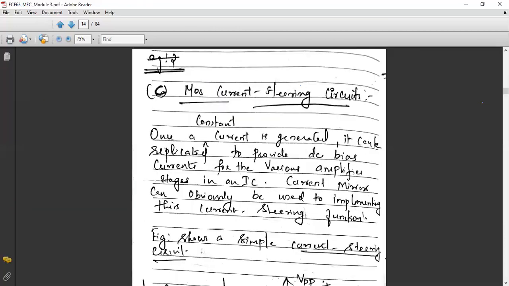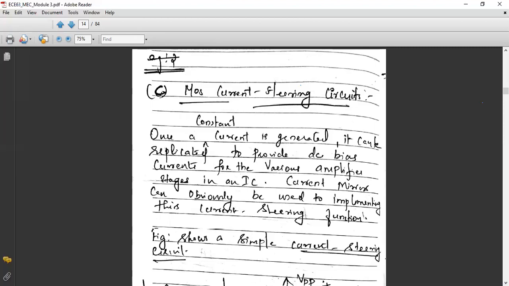Okay. Now we will go to the MOS current steering circuits. So you know what is current source and current mirror. The intention of a current source is to produce an output current based upon the reference current and the aspect ratios of two transistors. Suppose in an integrated circuit you have many different components, and the current in one part of this integrated IC may not be the same in other locations. So you need to steer the current. If you have many locations or devices, the current you have generated at one particular point, you need to steer to other points of the integrated circuit as well.